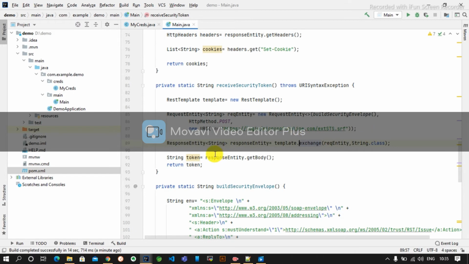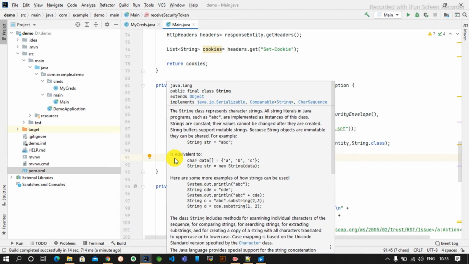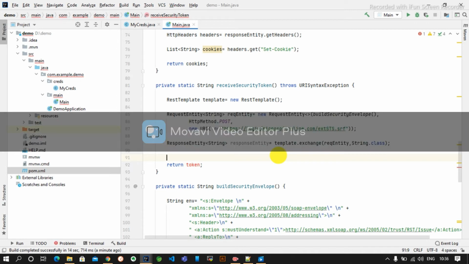We need to extract the token. If we print this thing, it will not give me the body, it will give me the whole body. Okay, this request entity, if I put this request entity string dot class,